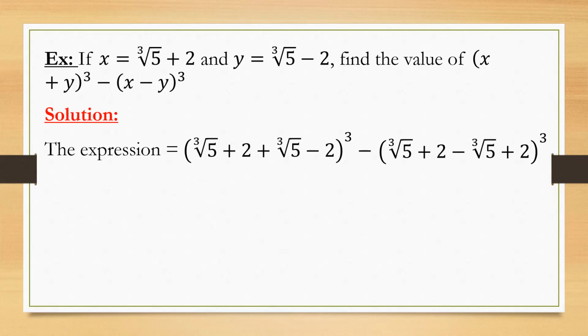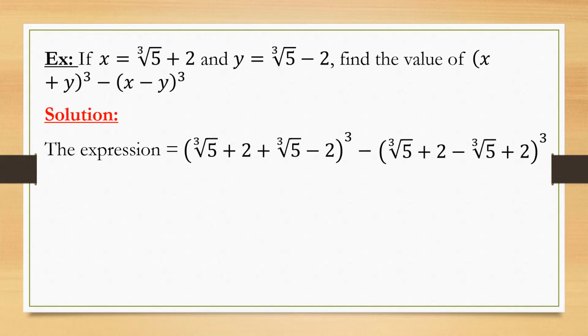I'll put x, cubic root 5 plus 2, minus y, equal cubic root 5 plus 2 minus y plus 2, because negative multiplied by negative equals positive. So here I have x minus y. So y is cubic root 5 minus 2. Minus 2 with negative, it will be plus 2. So the answer in the next bracket will be cubic root 5 plus 2 minus a cubic root 5 plus